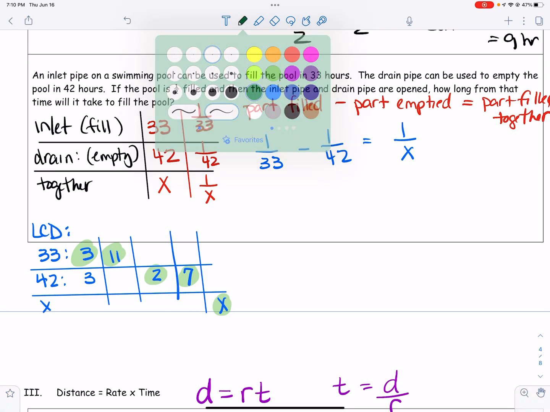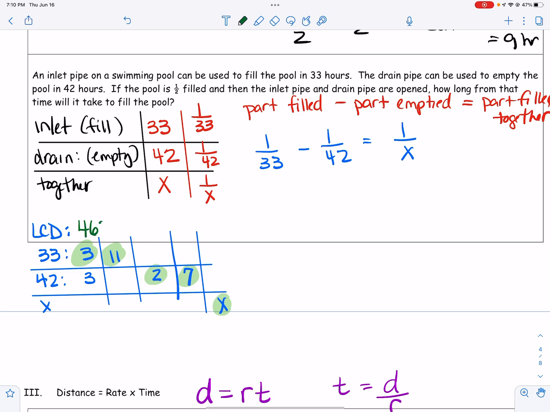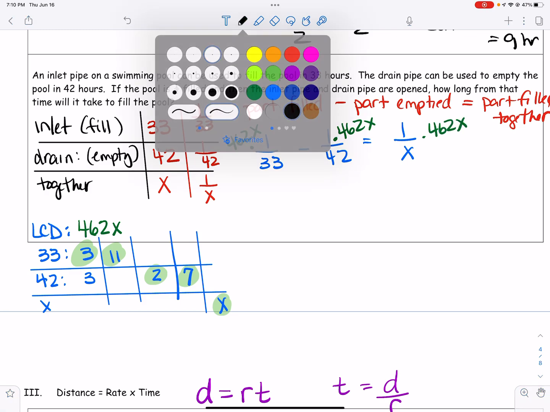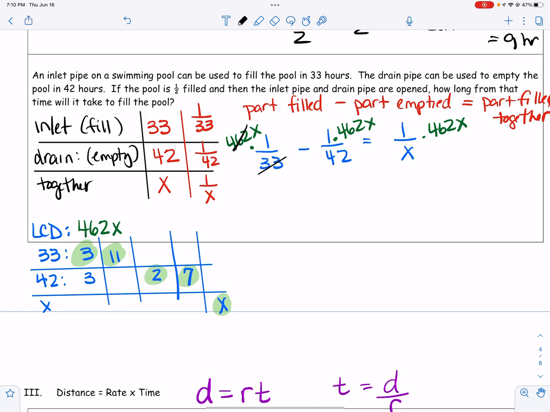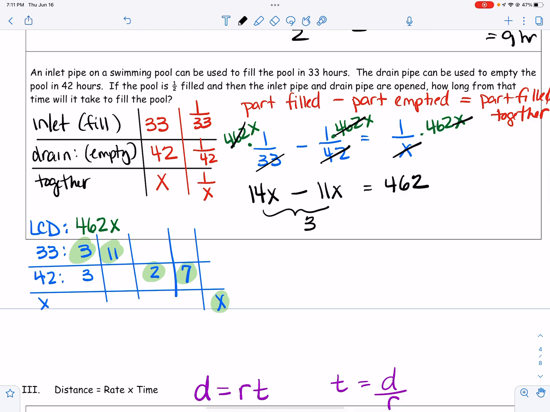So when I multiply all of those together, I get 462x. So I am going to multiply by 462x, all terms. So 33 goes into 462 14 times, and I'm left with the x. 42 goes into 462 11 times, and I'm left with the x. And then the x's cancel, and I'm left with 462. So combine like terms, I get 3x equals 462. Divide by 3, and x comes out to be